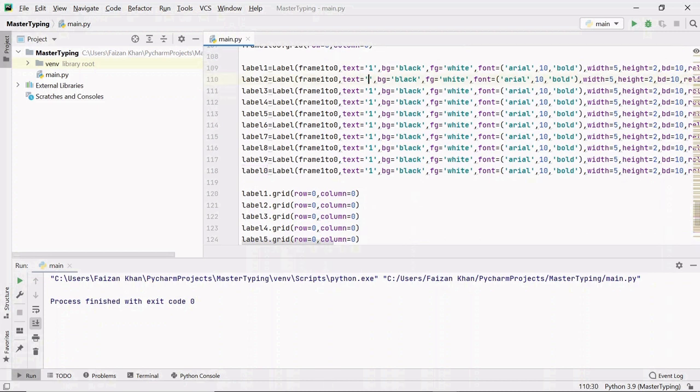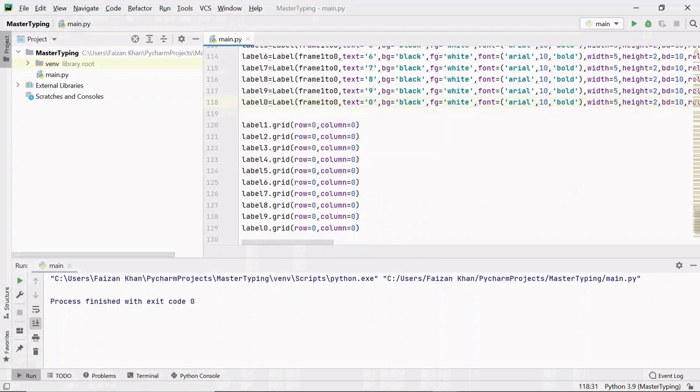So this one will be text 2, then 3, 4, 5, 6, 7, 8, 9, and this one will be 0. In the same way the row numbers will be the same because it has to be in the same line, only the column values will change. So this is already 0, this one will be 1, then 2, 3, 4, 5, 6, 7, 8 and 9. Let's see.